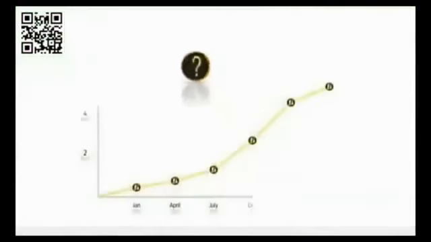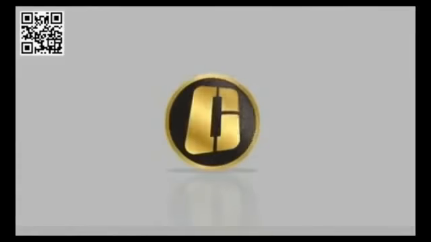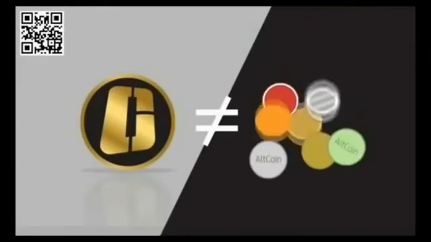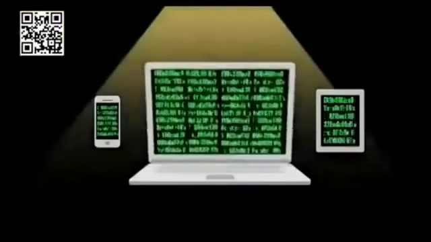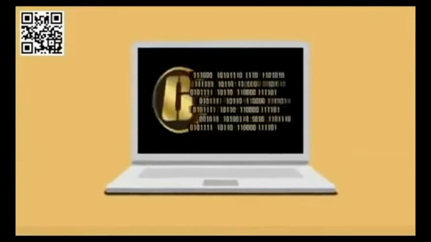What is cryptocurrency? Between January 2015 and April 2016, the value of the OneCoin cryptocurrency has risen over 11 times. How did OneCoin achieve that? OneCoin is different to other cryptocurrencies. The OneCoin cryptocurrency is based on cryptography that guarantees its security and makes it difficult to counterfeit. OneCoin is created through a process called mining. This ensures that every mined coin is unique, similar to how every dollar bill has a unique serial number.